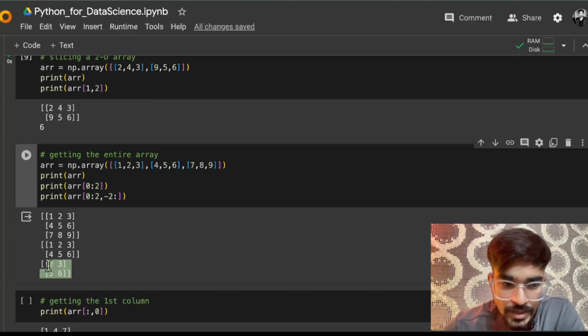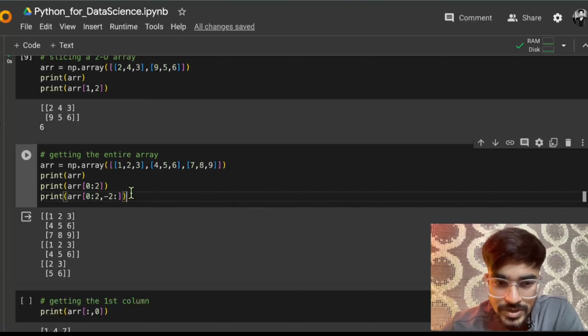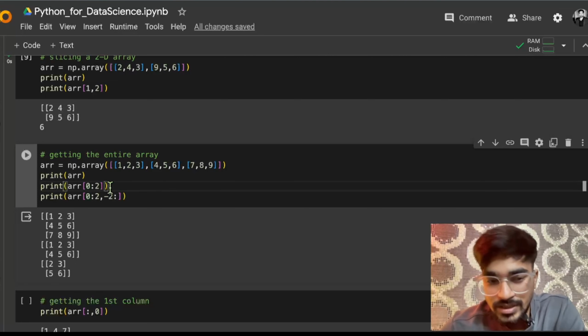So that is why it returned 2 3 5 6. So it is just an easy thing, but you need to concentrate on which element you are slicing, what step size you are giving, and what indexing you are giving. So you just need to focus on those parts. It might happen that you make a slight mistake, but concept-wise it is a very